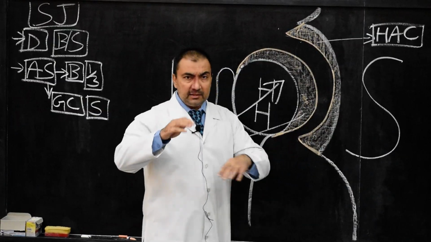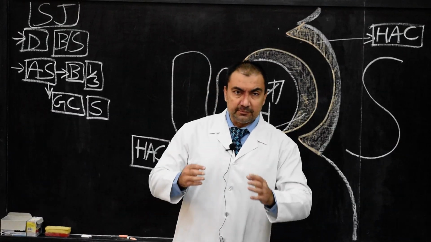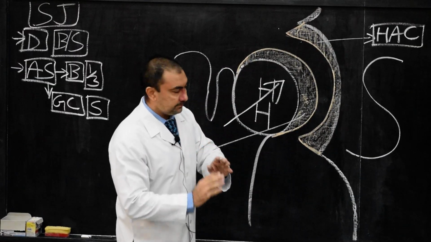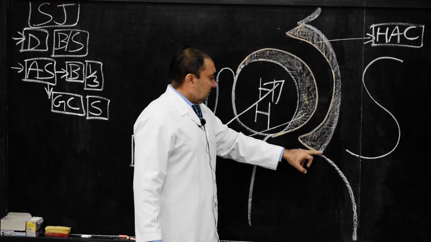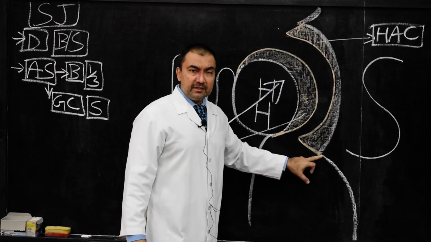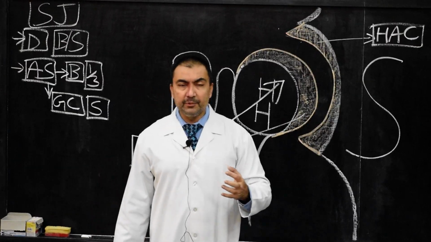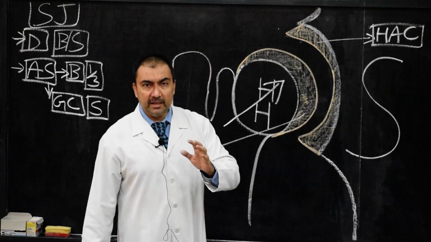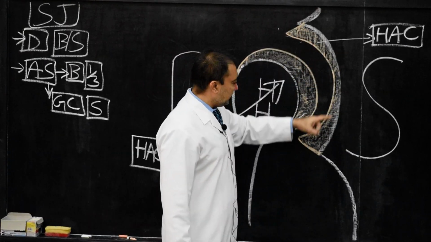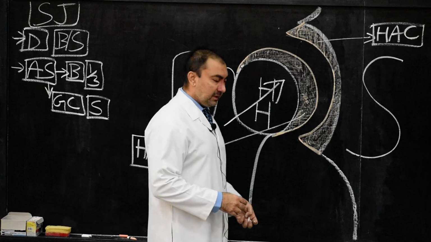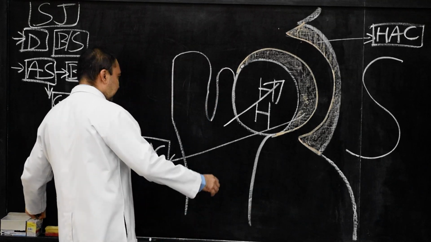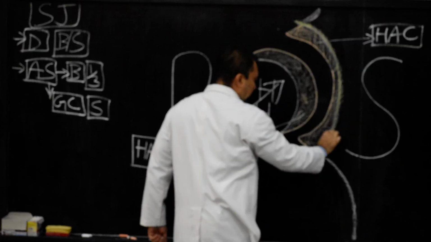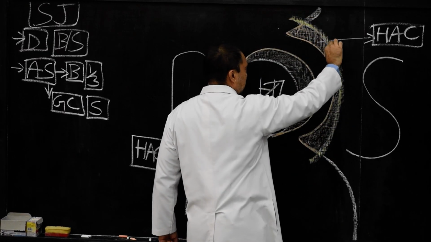Now here, another important point in this articulating surface of the glenoid cavity of scapula: the peripheral portion of the glenoid cavity will be covered by a fibrocartilaginous rim, which is called glenoidal labrum. So therefore it is covered by glenoidal labrum at the peripheral part. And here if I show, since it is a cross section, this peripheral portion is covered by this glenoidal labrum.